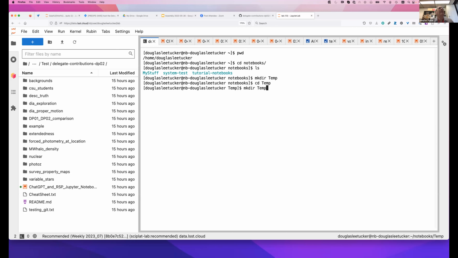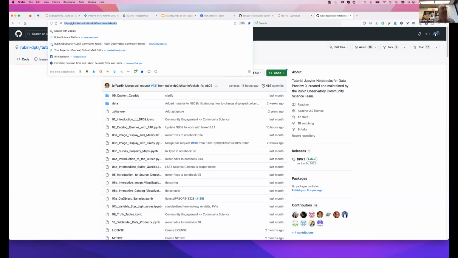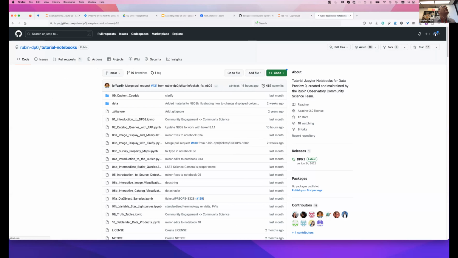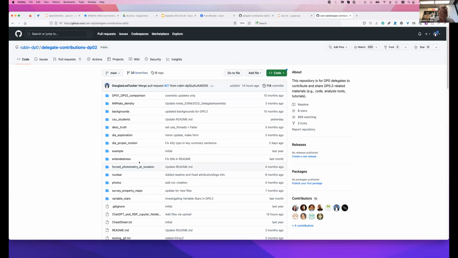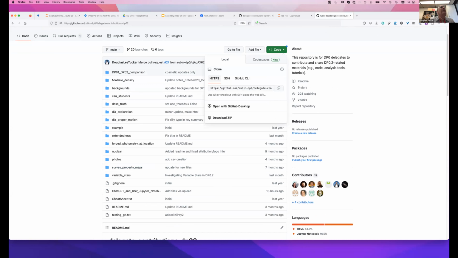Then you just want to do this git clone. You'll want to go to GitHub. Not the right one, sorry. The contributions. You can go to code and choose either HTTPS or SSH and grab that.